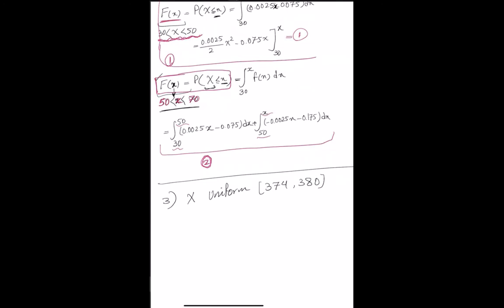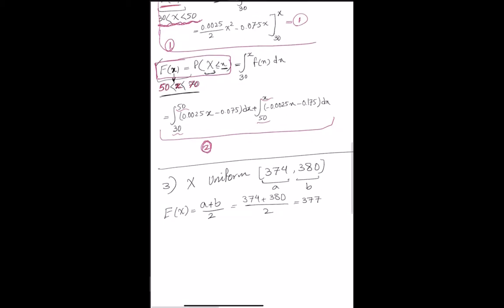So this x has uniform distribution, so this is A and this is B. Can you tell me, for a uniform random variable that changes between lower bound A and upper bound B, what is the formulation for the average of x, or mean, or expected value? Those two numbers added divided by 2. A plus B divided by 2. So that's going to be 374 plus 380 divided by 2, which I believe is going to be 377.